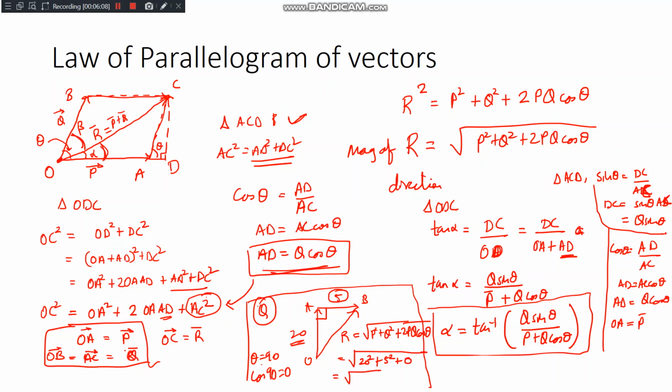So the resultant will be 20 ka square, which will be 400 plus 5 ka square is 25. So we got 425. You can check out this in the table. You will get this as 20.61 units. Okay. Now you can also find out the direction over here. Direction के लिए